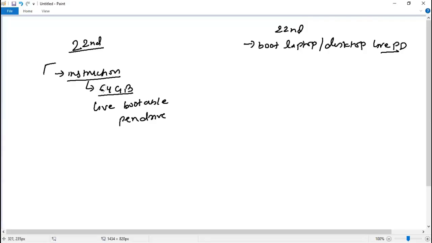In Kubernetes, you get a browser and you can start doing all those things. But in Red Hat, you need to create one bootable pen drive. They will give the instructions, and it is very easy. It will hardly take 15 to 20 minutes to create that bootable pen drive. They give you all the instructions, step by step with screenshots. Click there, and ready. So on the 22nd, you need to boot your laptop or desktop with this live pen drive.